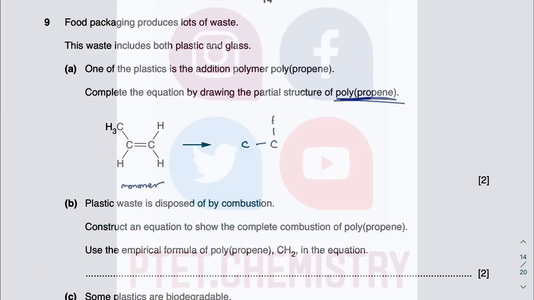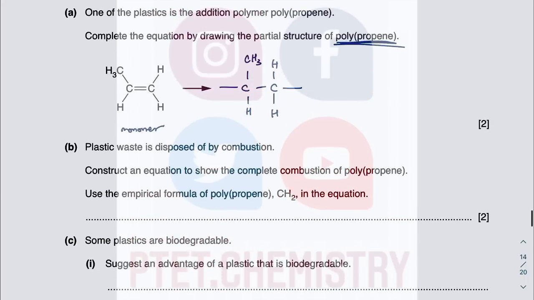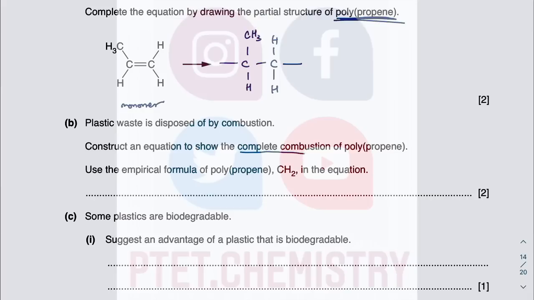you will form polymer. So the most common mistake is people just draw like this, and your carbon doesn't form 4 bonds. You have 1, 2, 3, and carbon will form 4 covalent bonds because carbon has 4 outer shell electrons. It will share 1, 2, 3, 4, forming 4 covalent bonds. Yeah. Next bit, you want to show complete combustion of polypropene, but they say use the empirical formula, which is